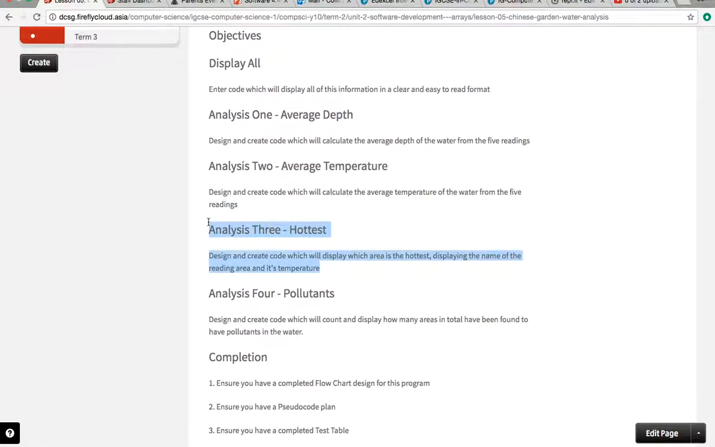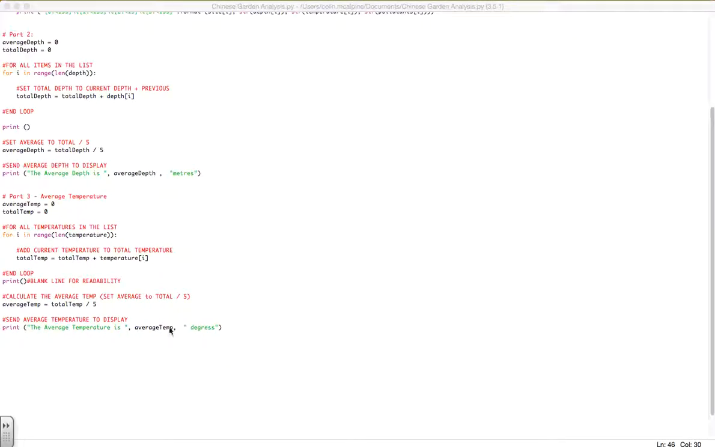So part 3, to display the hottest, and it's also to display the name that the reading has been taken from and the temperature. So let's bear that in mind. Let's call this part 3 hottest. Again, this should be in as a sub-procedure in yours. Mine's currently all just one big procedure with no